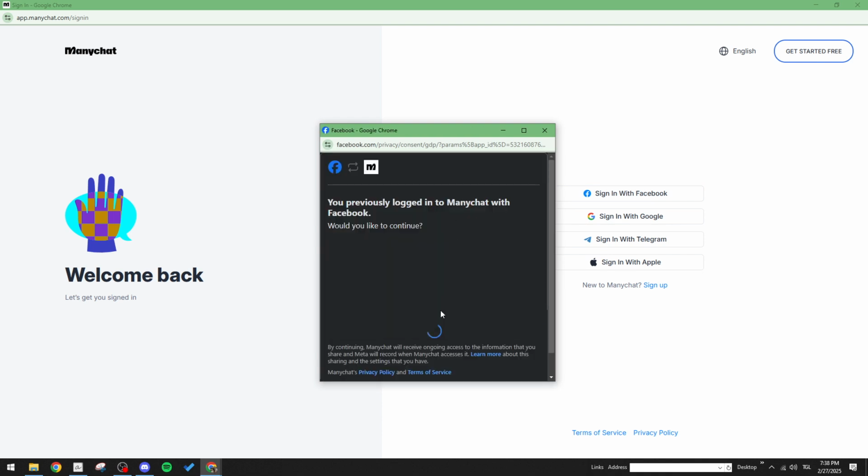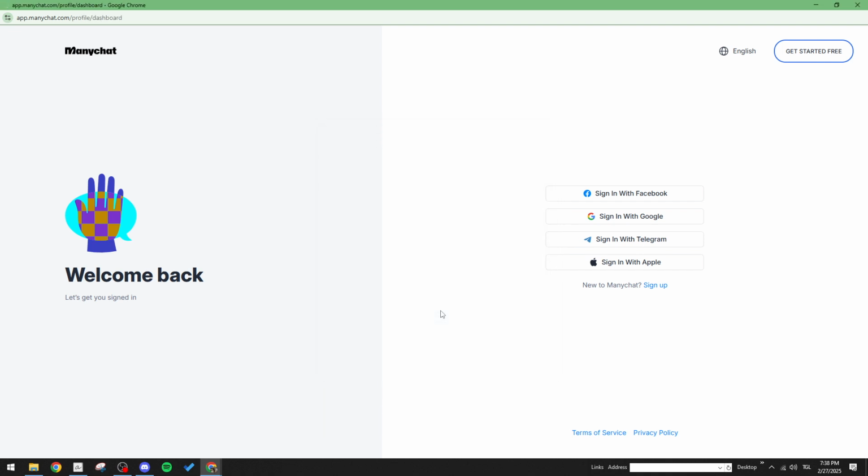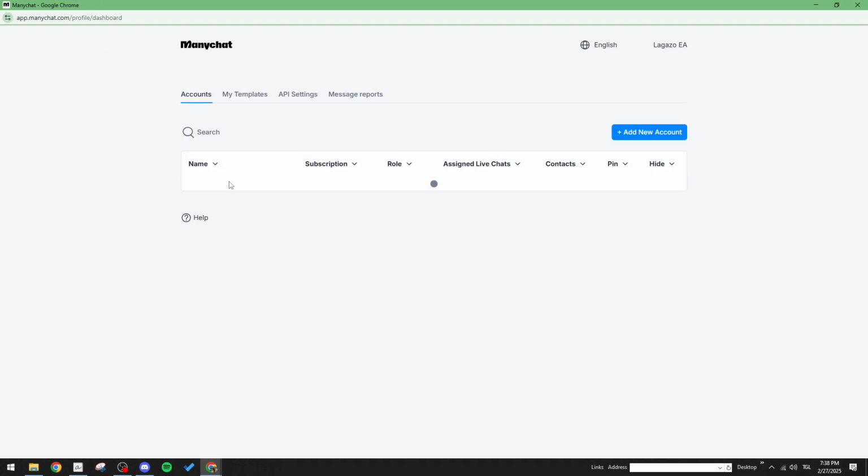First, we need to start by accessing your Manychat account. If you haven't already logged in, go ahead and do so. Once you're in your account, you'll want to move over to the automation section within your Manychat dashboard. This is where all the magic happens. It's the hub for creating and managing your automated interactions, allowing you to streamline communication and free up your time